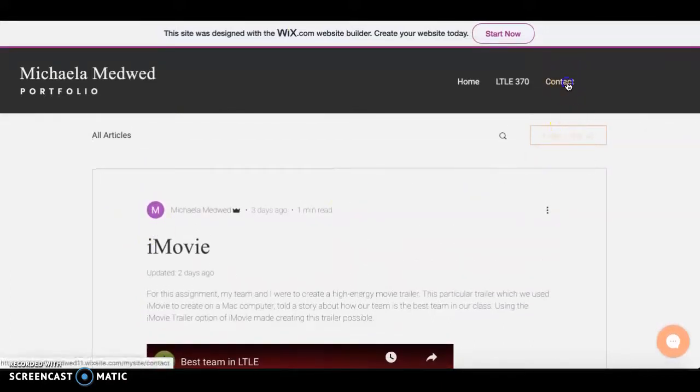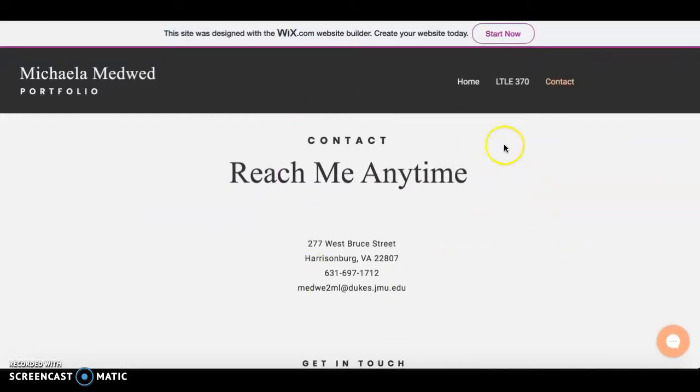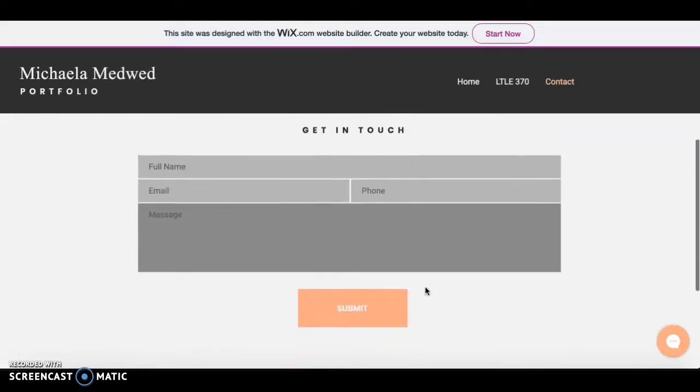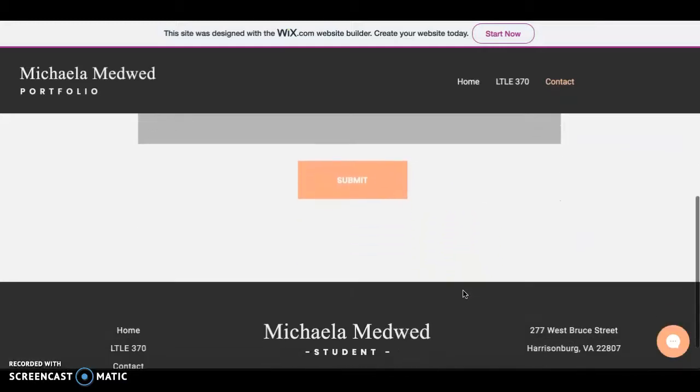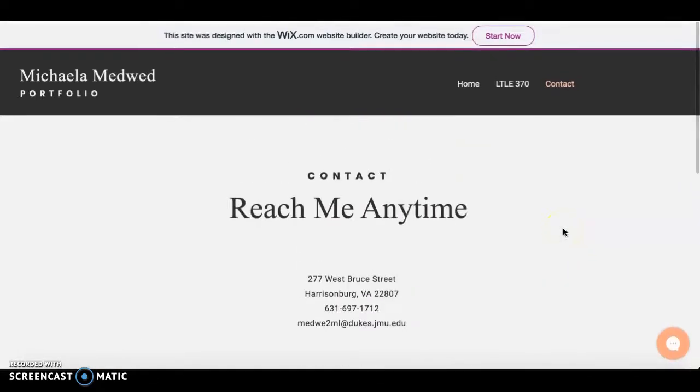So now I'm going to take you to the contact page, which is where you can reach me at any time. As you can see, it has my address, my phone number, and my email if you want to get in touch. And there's the get in touch box right below as well. And for every page, we also have the bottom bar present on every single page just in case. So now I'll take you back to the home